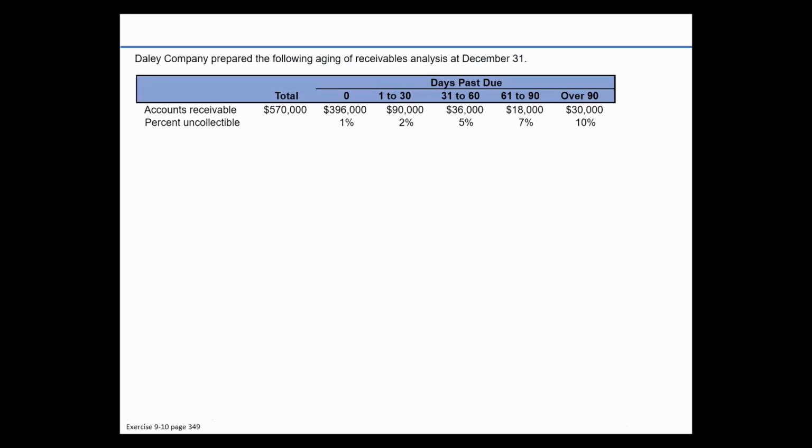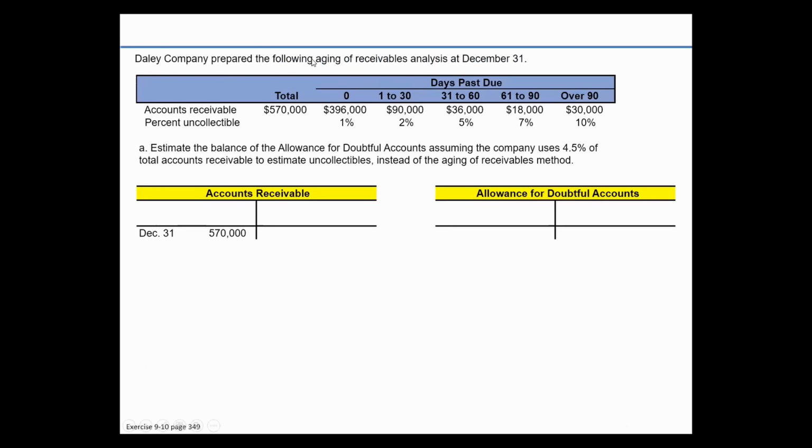And now we use the percentage of accounts receivable method. Daly Company prepares the following aging of receivables analysis on December 31st. First of all, we're going to estimate the balance of the allowance for doubtful accounts, assuming that the company uses 4.5% of total accounts receivable to estimate uncollectibles instead of the aging of accounts method. So they're just going to use the total and figure it's 4.5%. You'll just take the amount of the receivables, which is $570,000, multiply by 4.5%. It's going to be $25,650. So in this example, we figured that we're not going to be able to collect